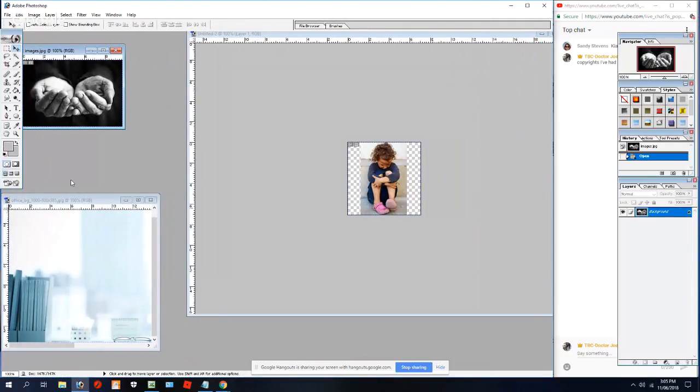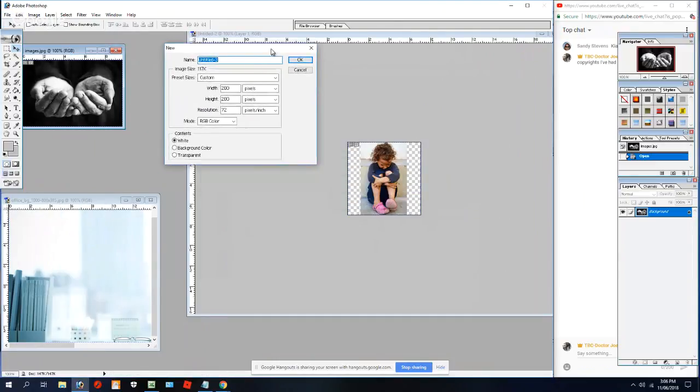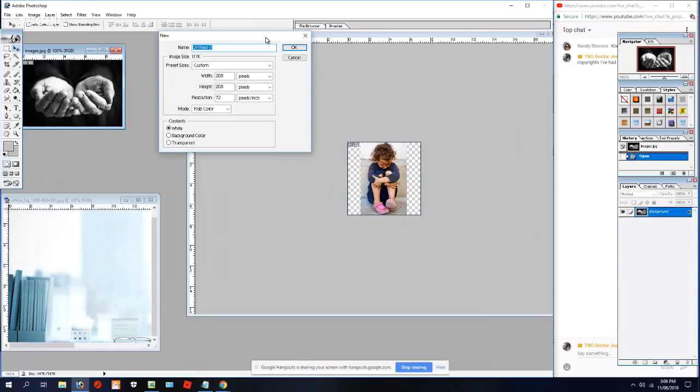Okay. Some people want to know how to put a background onto say a picture like that, and you want to remove this background. I've made this 200 by 200. You can do that by going up here and creating new, and then you'll get a little funny screen that you work off. You always work in pixels.